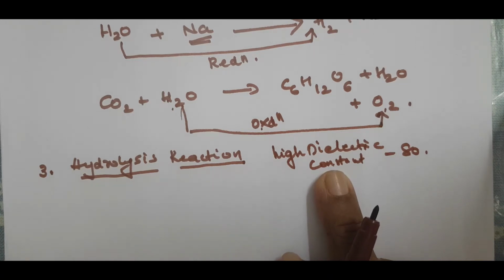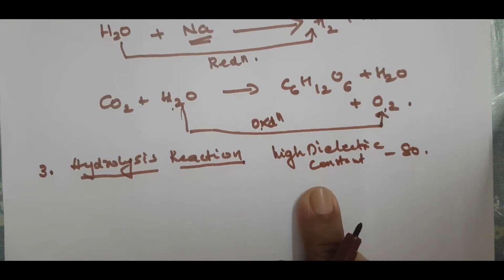Not only solubility happens in hydration. In coordination compounds, hydration means they are linked. They are called ligands. This water acts as ligands and they are linked to these metal ions. So that is called hydrating or hydrolysis. So that means it dissolves many ionic compounds, and not only ionic compounds, it can dissolve certain covalent compounds also.